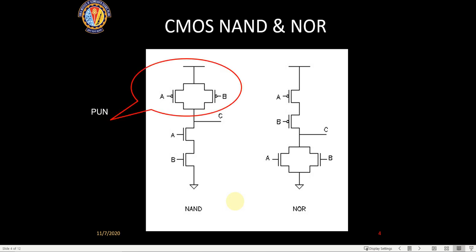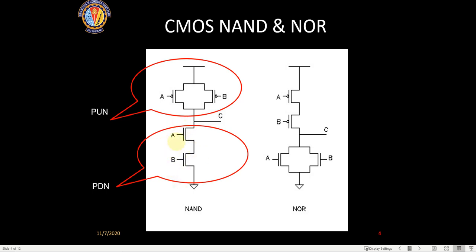Now this network is generally known as the pull-up network, because these 2 transistors are essentially meant to take this C to VDD. That is why we name this the pull-up network, and these 2 transistors we call the pull-down network, because the function of these 2 transistors is to pull C to ground for a specific condition.